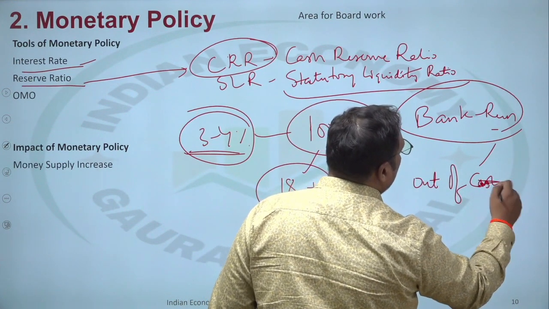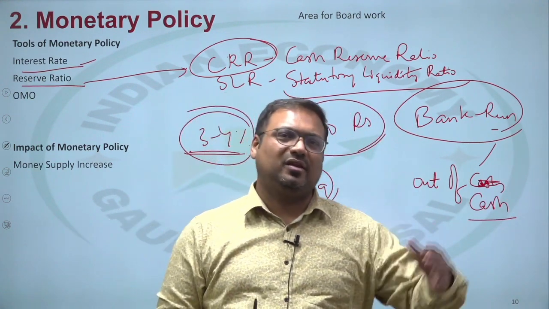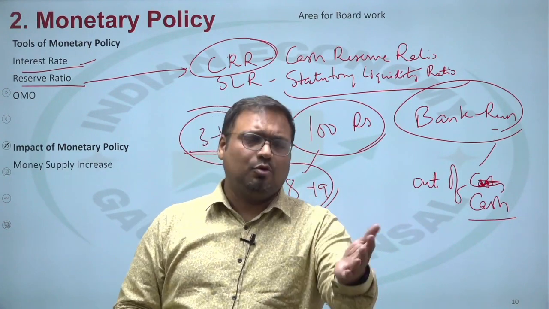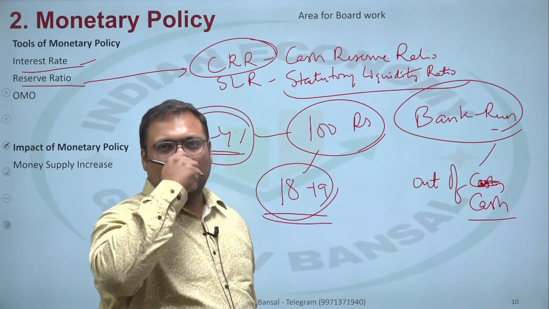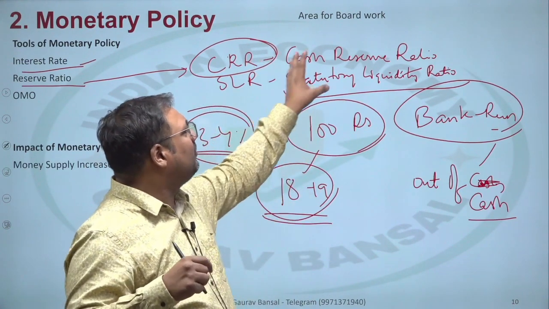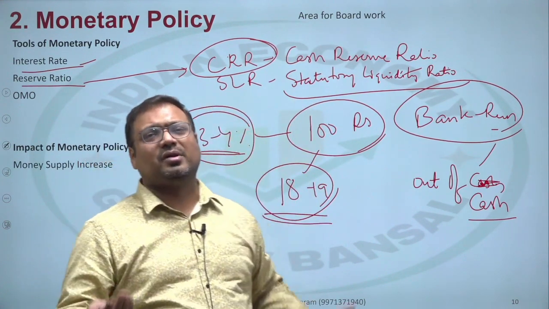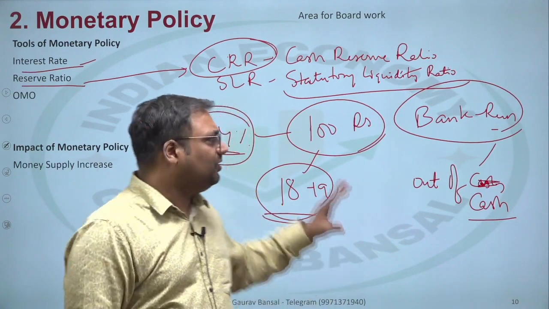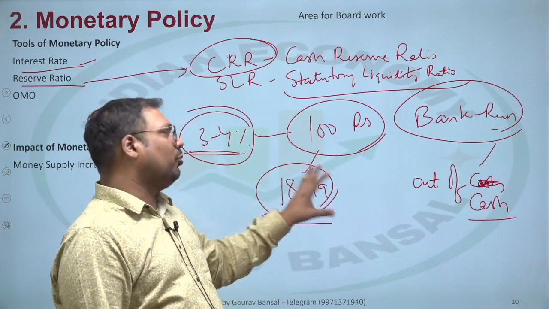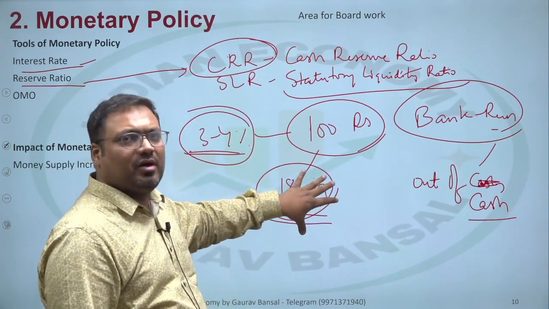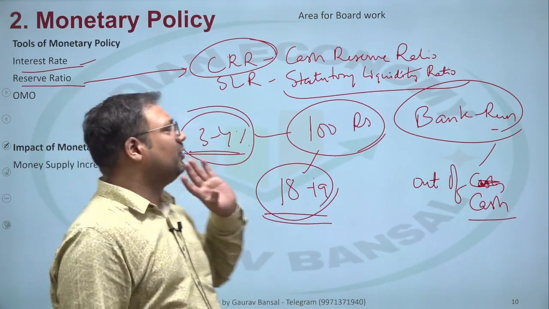Suppose people want to withdraw cash. I have a bank deposit, I want to withdraw, but the bank says, sir, we do not have money today, you come after 2 days. We do not have cash right now, you come after 2 days. That's not the way a bank can treat its customer. The bank needs to have all the cash. If it has a shortage of cash, it can ask RBI from its reserves. So that is its reserve kept for emergency needs. If still this doesn't work, usually this should work, even these can be sold. So this is the support liquidity. On this the bank earns interest, on this the bank does not earn interest. So this is the summary of the reserve ratio.